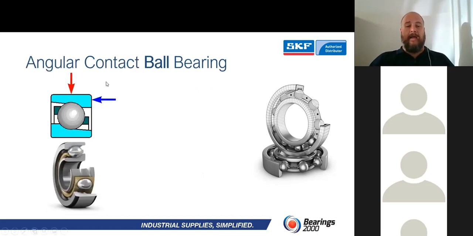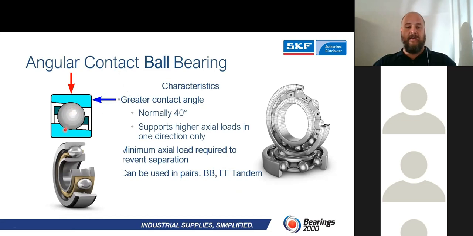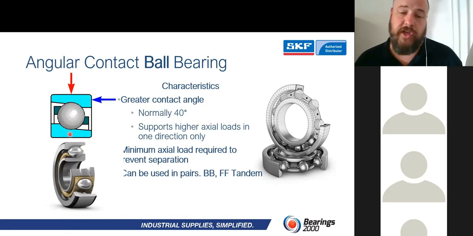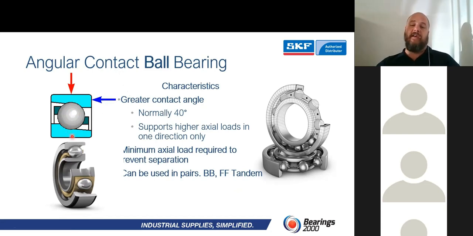Right. In ball bearings as well, your angular contact ball bearing, looking at my arrows now, you'll see that I've only got one little blue arrow, and if you look at the way that this bearing is made up on the inside, you'll see that it has a contact angle of 40 degrees, which is where the load is. So this is one of those that we will use for a combined load. You can also use these in pairs, as you can see there: back-to-back, face-to-face, and tandem.